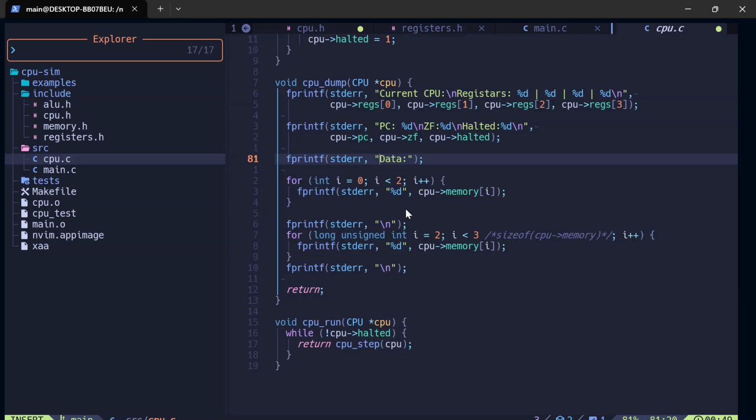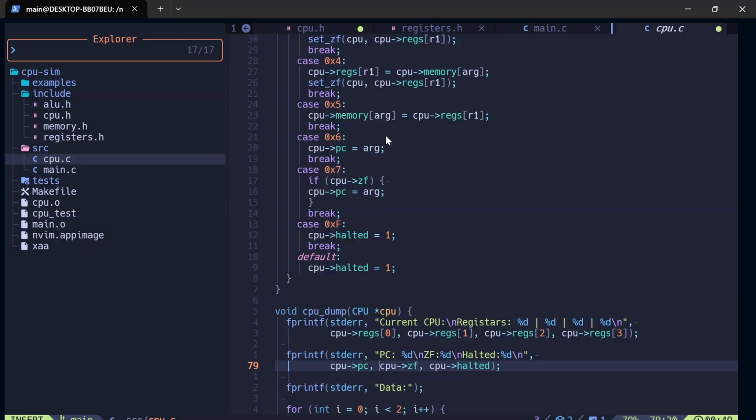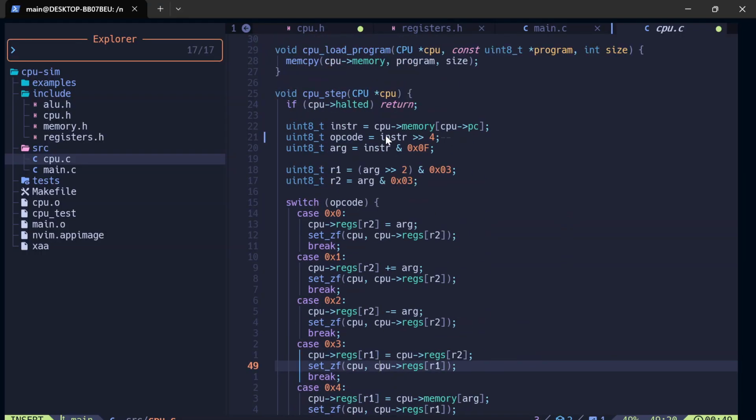But funnily enough, it takes only 2 bytes. And my guess is it's not actually 2 bytes, but just